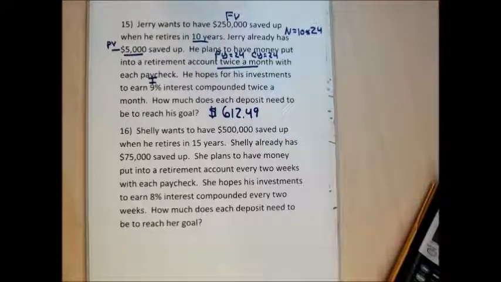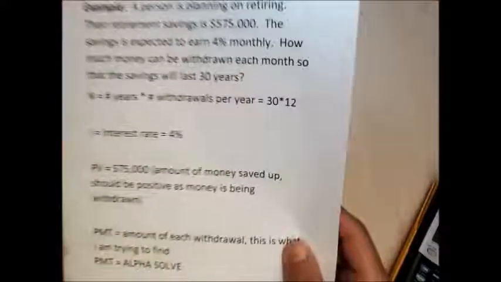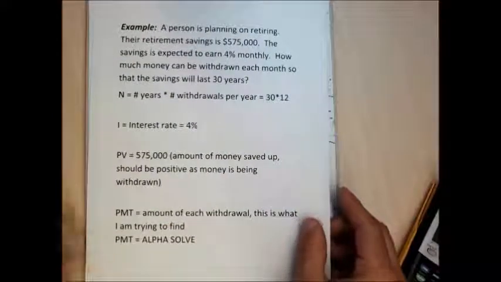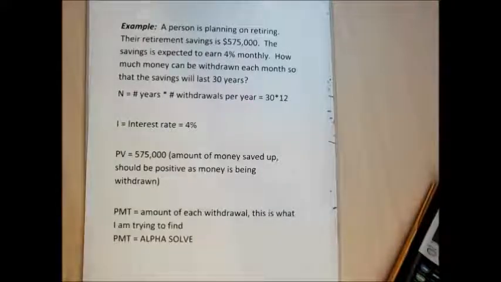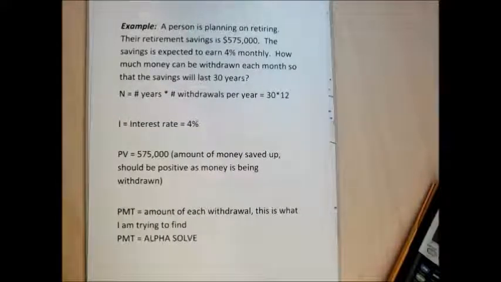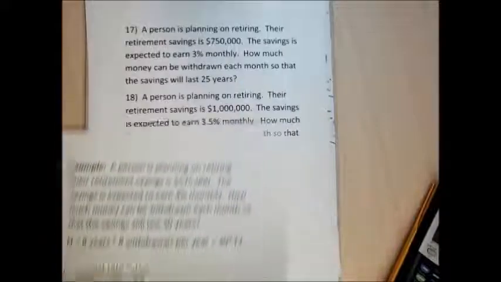The rest of the problems in the section have to do with when people are retired and they're spending beyond their retirement. Let me skip these because I think it's going to be safe just to keep them separate, because this is when it starts to confuse the situation. This is when the signs and the PVs start to change, and maybe we should just not do those. If you're interested in planning on pulling money out while you're retired, or you want to help your parents figure out how much money they can pull out of their retirement account if they're old enough to be retired, I can work through these with you. But for our purposes, let's just skip